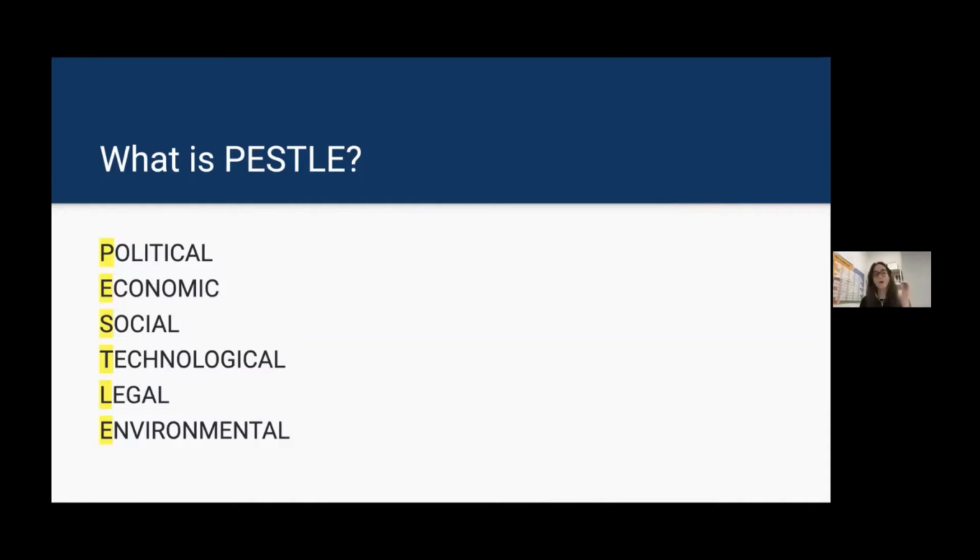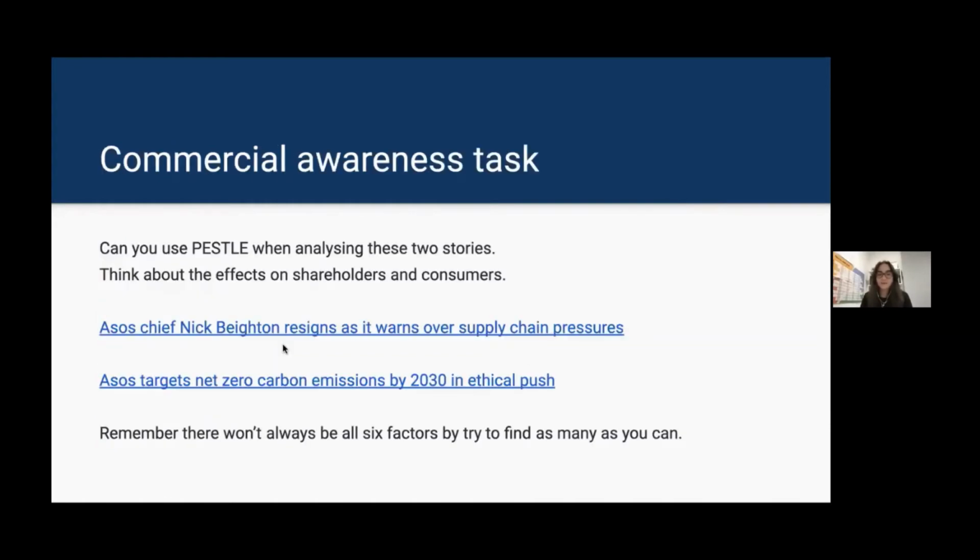So we're going to now practice putting the Pastel technique into practice. We're going to be using that with 2 news articles that I found on ASOS. So here are the 2 news articles that you can use to analyze these. I think you guys have been sent those, but I think Tasnia is going to put them in the chat as well. So if you could put them into the chat right now. Okay, nice. Thank you. So if you can just take a look at those quickly and think for a few minutes